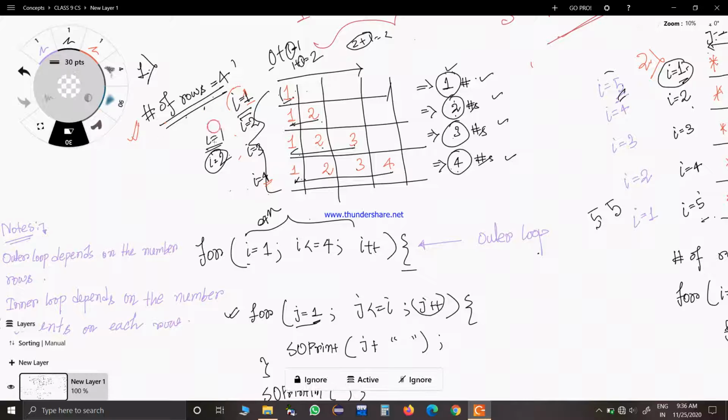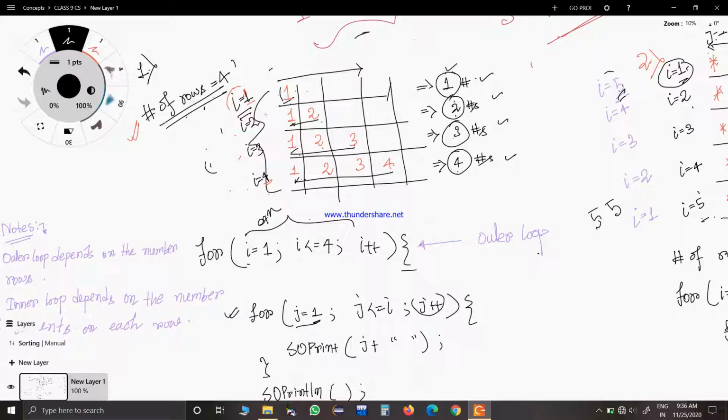Right? When you have the choice to do it simply, you can easily take I as 1, and for I equal to 1 there is one number. So this is very useful. One thing you can see is that considering the initial value of I as 1 is very useful. Another thing that you have to keep in mind while considering the starting value and ending value of I is that